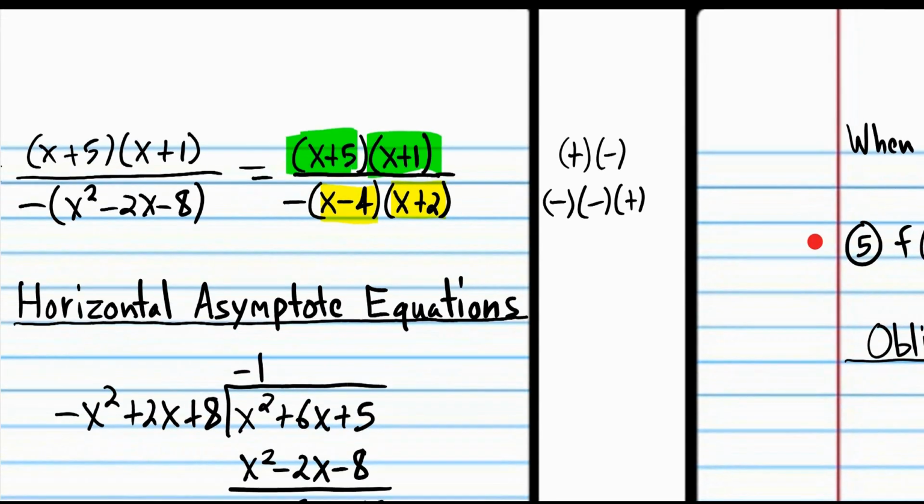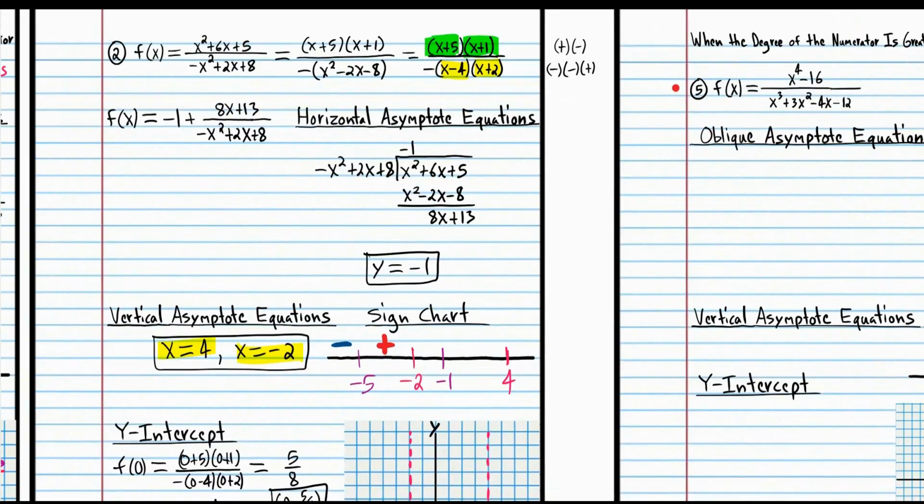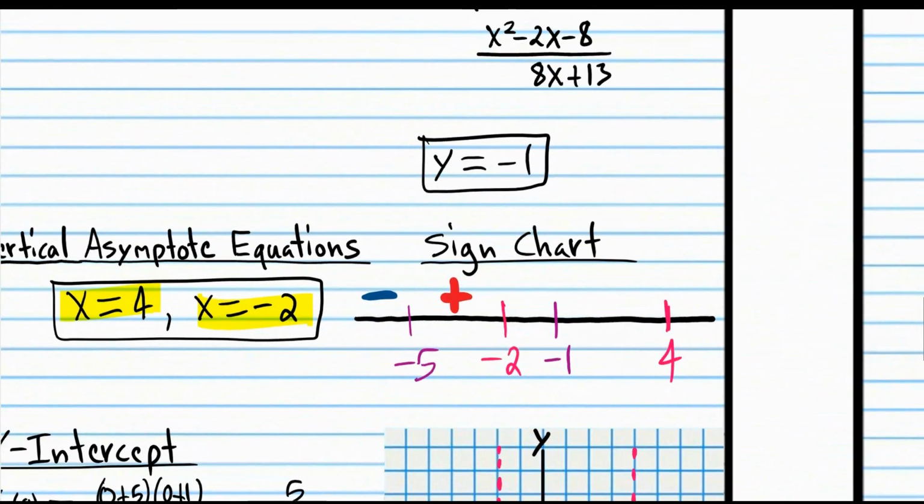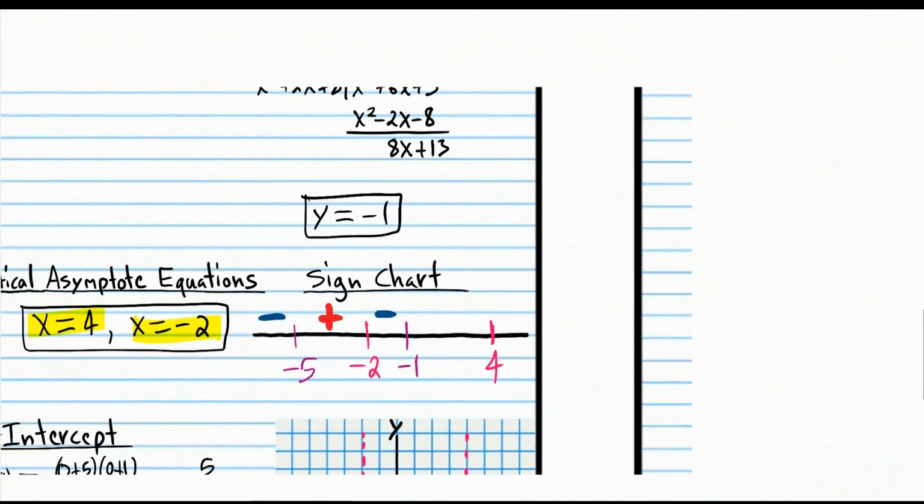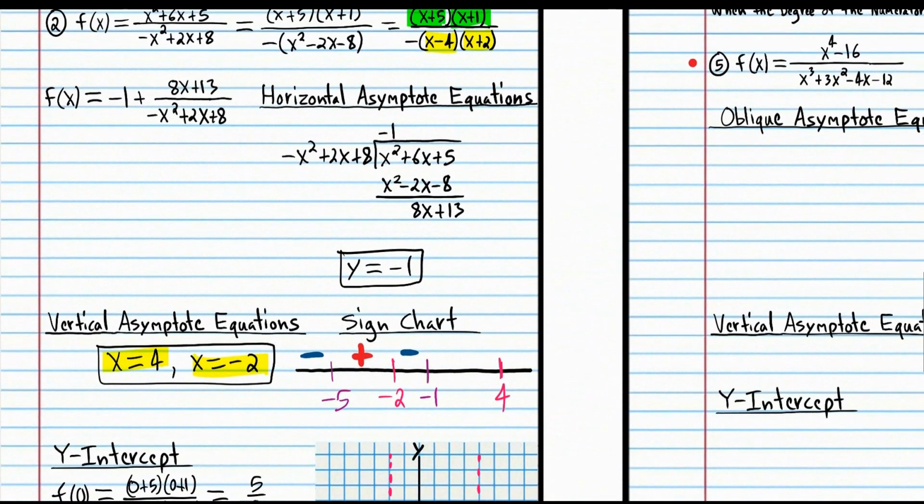So that results in a negative number. You don't really have to find the numbers, you can just use signs. So now we're going to plug in 0,